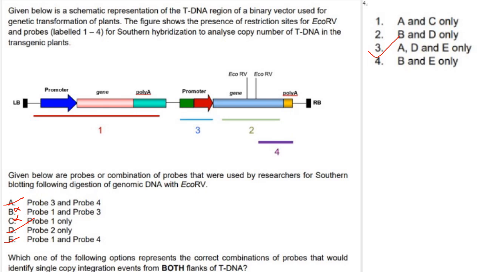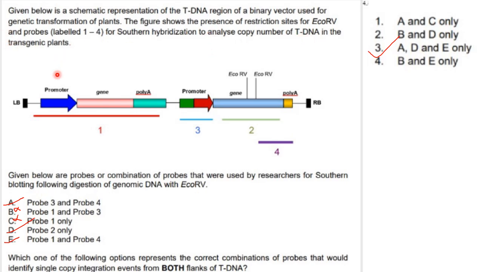Given below is a schematic representation of the T-DNA region of a binary vector used for genetic transformation of plants. So this is the binary vector. It has got the left and the right border. And this is the promoter, gene, poly A; promoter, gene, poly A. The figure shows the presence of restriction sites for EcoRV and probes labeled 1 to 4. So this is the EcoRV region which is restricted, and the probes for Southern hybridization. So 1, 3, 2, 4 are the probes that are used for Southern hybridization to analyze copy number of T-DNA